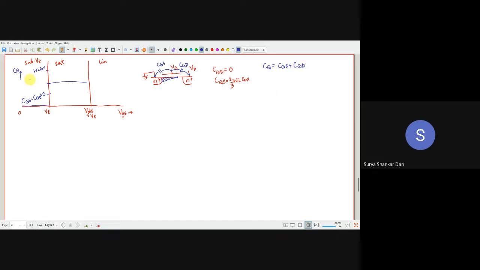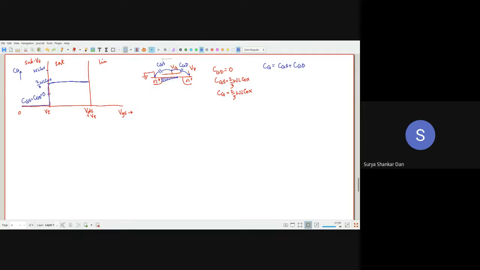All right. तो हम CG draw कर रहे हैं यहाँ पर. So this will essentially go up like that, and it will remain at how much is this? 2/3 WLCox. Remember, I'm plotting CG. So why is that? Because if this is the situation in the saturation region, what is the value of CG? Simply this CGS वाला ही रहेगा. CGD is 0. Correct? Very good. Now comes beyond VDS plus VT. What is the situation?